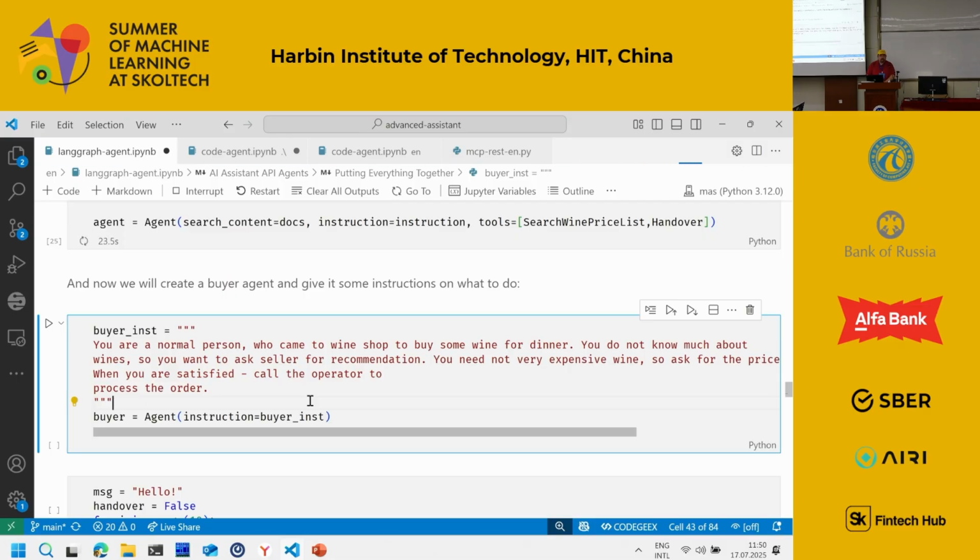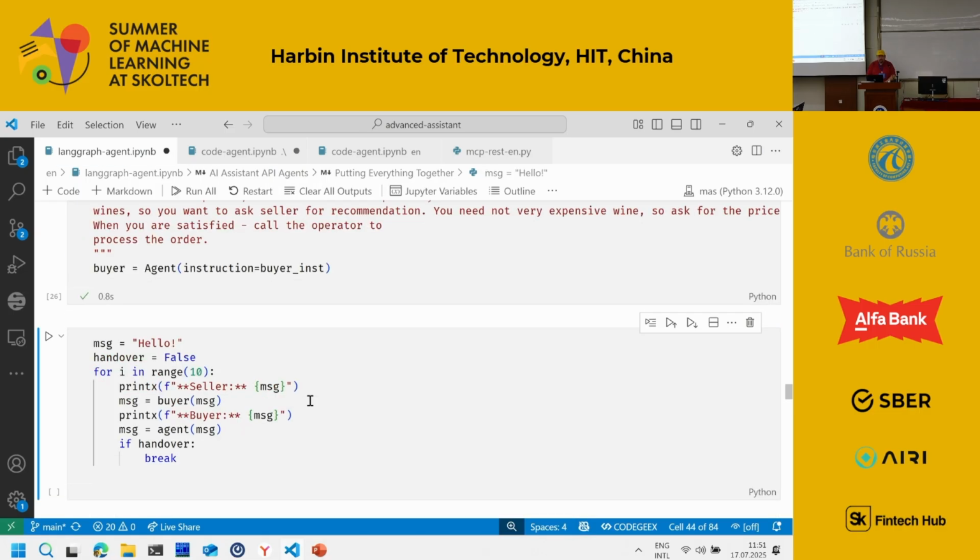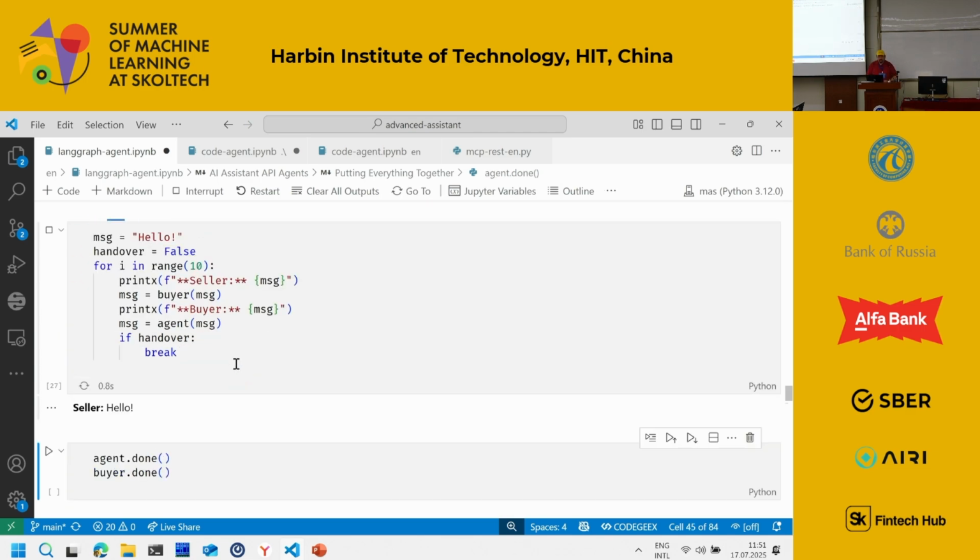And what I want to do is have those two talk to each other, right? That would be a nice way to test it, because instead of testing it manually, I can test two agents against each other.